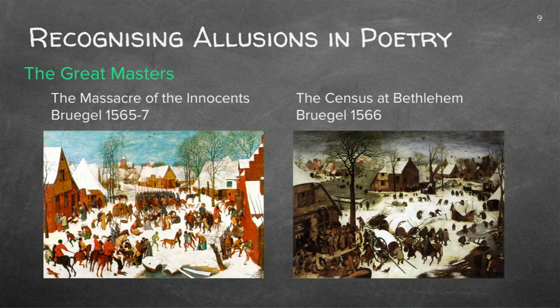Bruegel. The one is the massacre of the innocents. As I said, if you have a chance, look at it more closely, and you're going to see that the massacre takes place with soldiers being dressed like people from the Spanish Inquisition. They're killing people there. But look at the landscape. The landscape is a typical Dutch or Flemish landscape. And the setting, of course, in Belgium, however, it happens just shortly after the birth of Christ.